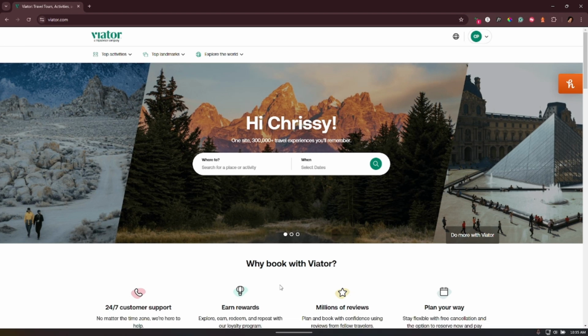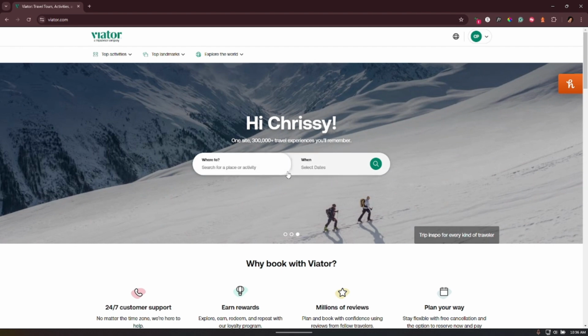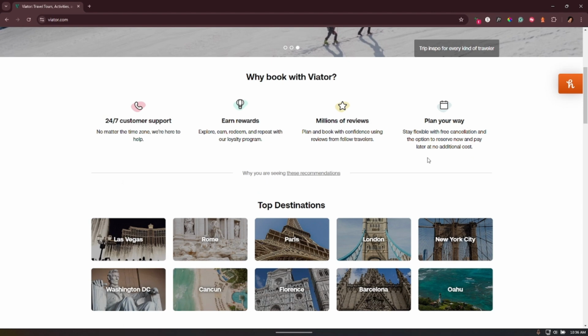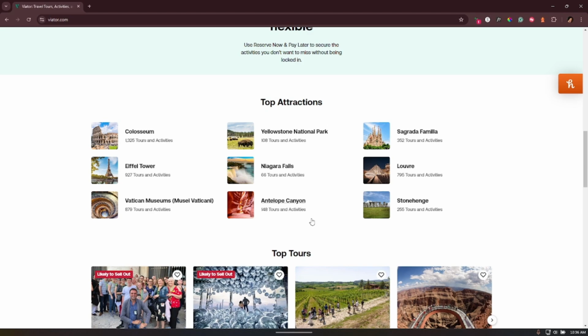Okay, so let's start by looking at the layout of the website. Obviously we have a header with some navigation, a nice jumbotron call to action, a little search bar here, and a couple of logos, or I suppose mini call to actions. We've got top destinations. These are the buttons that link to pages that we'll create, and then the top